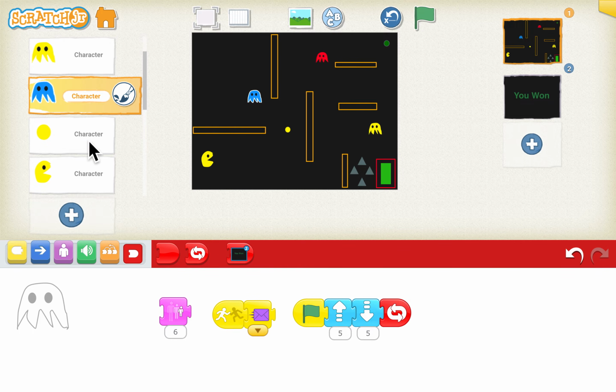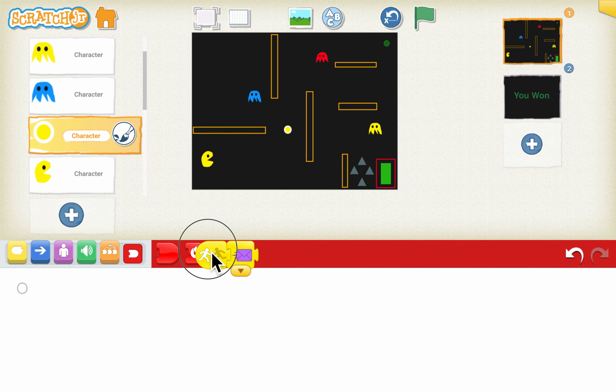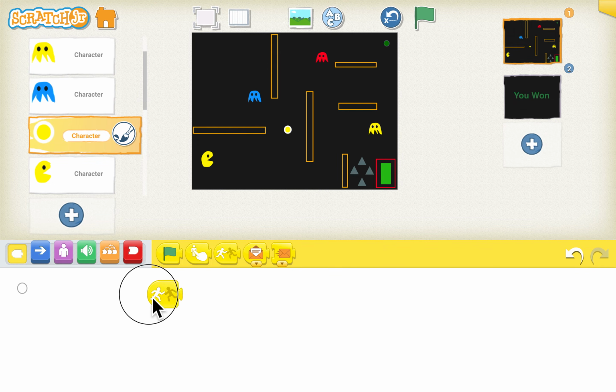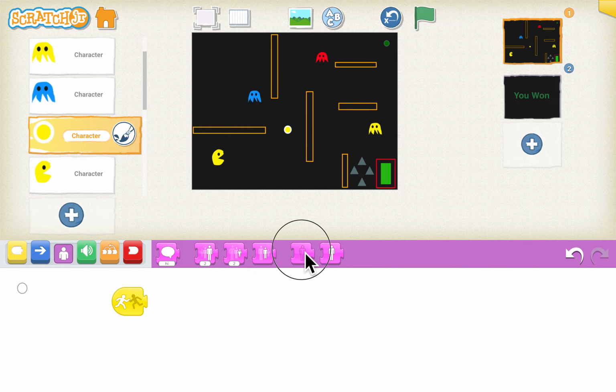Now let's go to the food. We will remove this one. So what we want is that when the food is eaten by the Pac-Man, that is when the Pac-Man touches the food, it should disappear first. Now when it is hidden and we are not able to see it, we want the food to go a little to the left and up to appear at a random position, and we don't want to see this. That is why we hide the food.